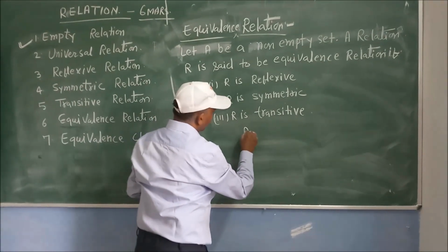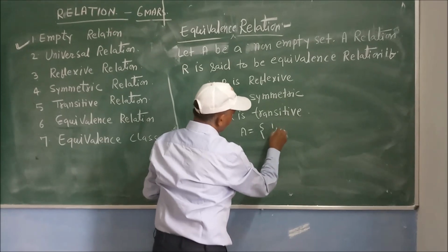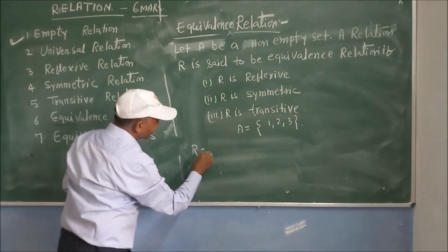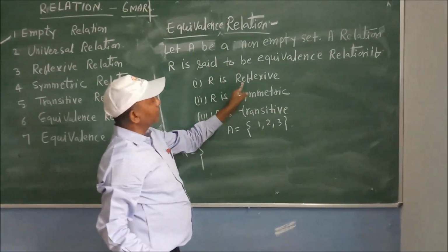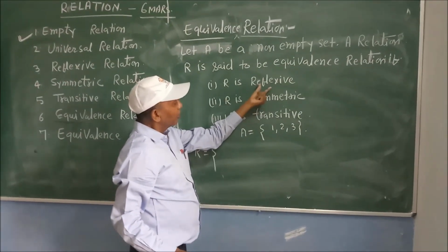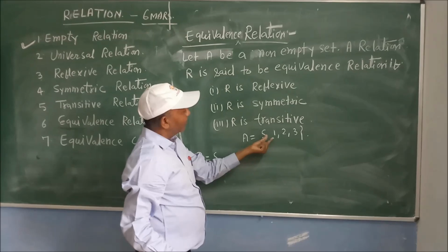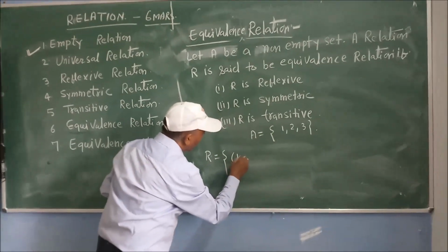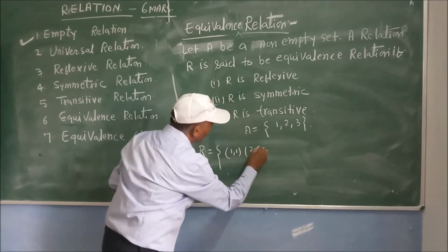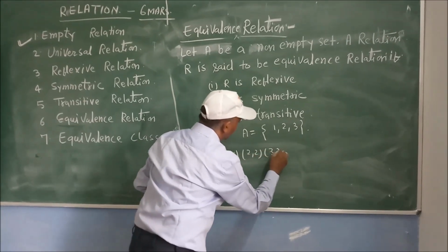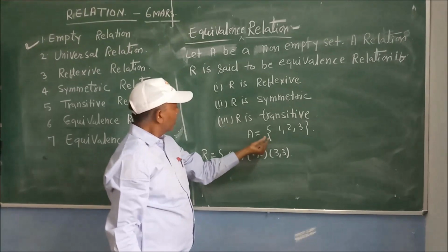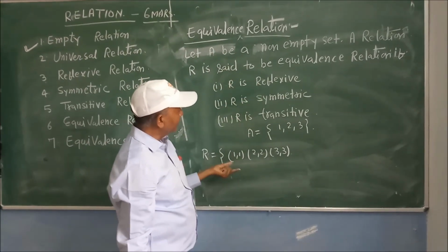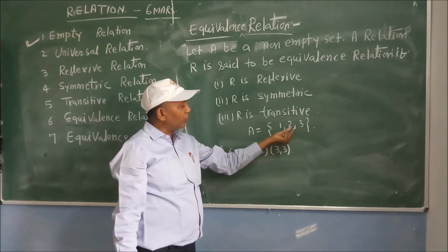See the example. Here is a set A and its elements are 1, 2, 3. Make a relation R such that first, R is reflexive. Reflexive means all elements of A must be related to themselves. So 1 1 must be present, 2 2 must be present, and 3 3 must be present. For a relation to be reflexive, it is necessary that each element of A